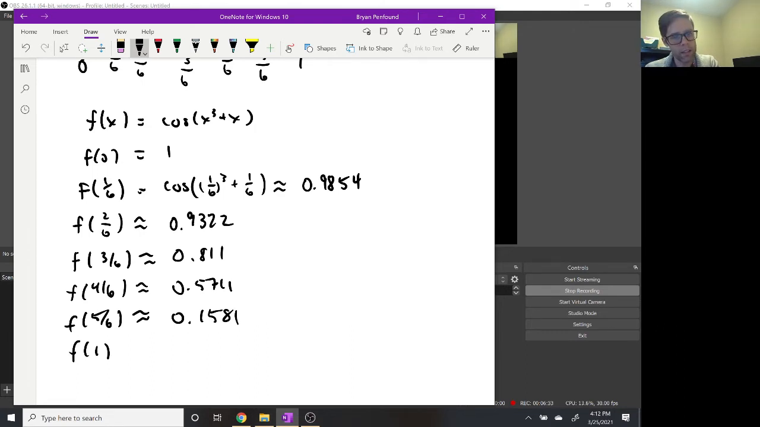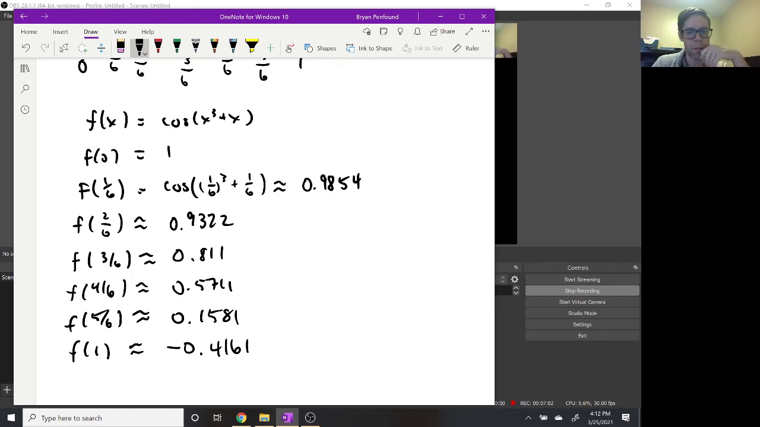It's F at 1, which is going to be basically cosine of 2, which I get a negative number. I get negative 0.4161. Okay, so with those heights of those approximating trapezoids, well, these are going to be the endpoints of those